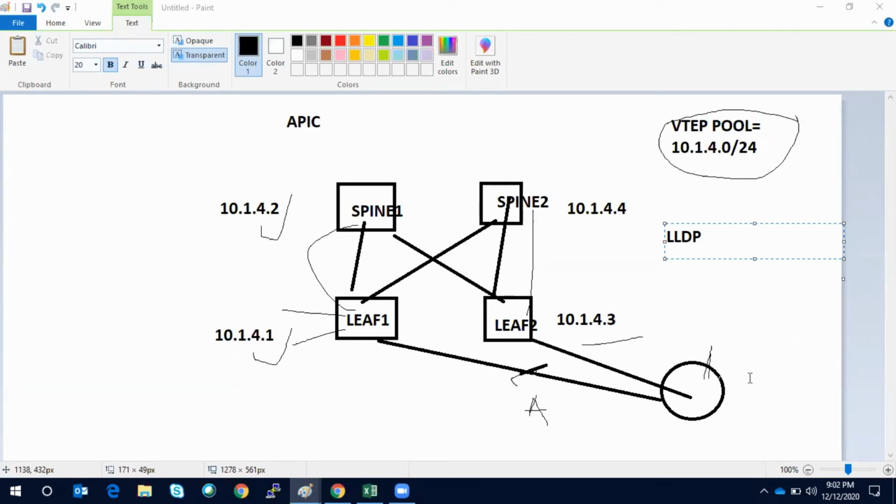A second question. Suppose we have created the VTEP pool, and we are using DHCP. So first it is going to leaf 1, then spine 1, then leaf 2, then spine 2, right? So one by one. Suppose I want 4.1 as leaf 1 and 4.2 as leaf 2. Can we configure the IP address manually as well? One minute, I'm going to come to this point. Just make this point right down. Sure.